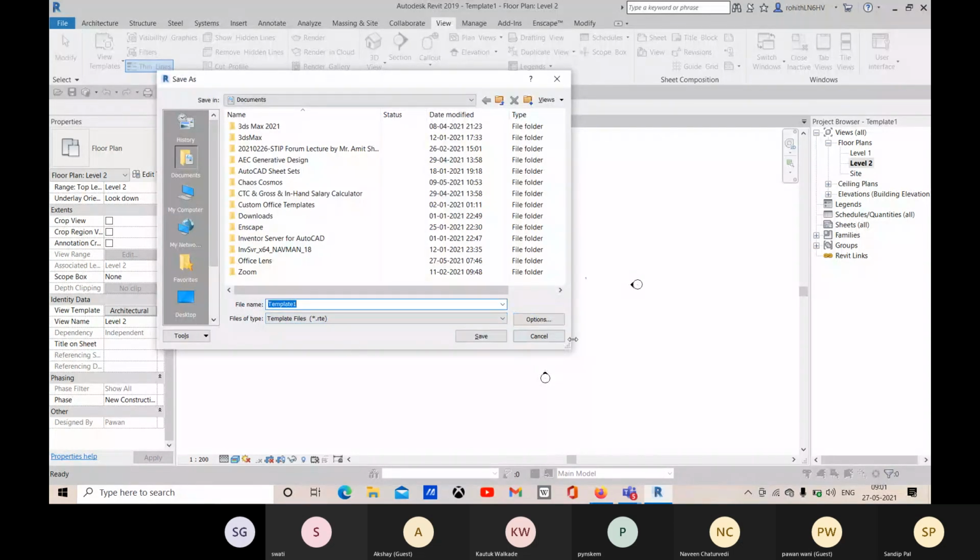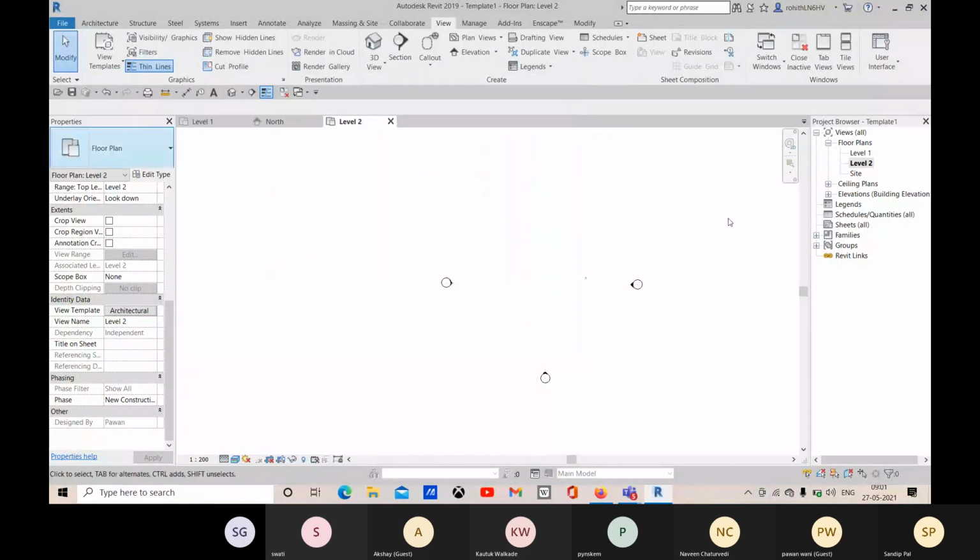So you need to create a template file, and that template file is used by the structural team, also by all the team members. So this will be the template file. Okay,